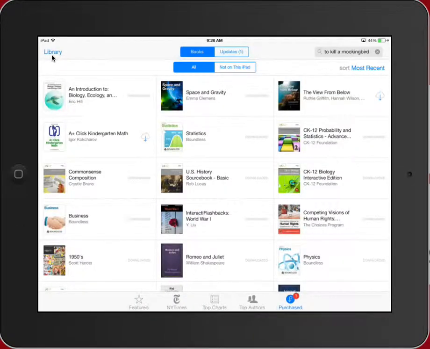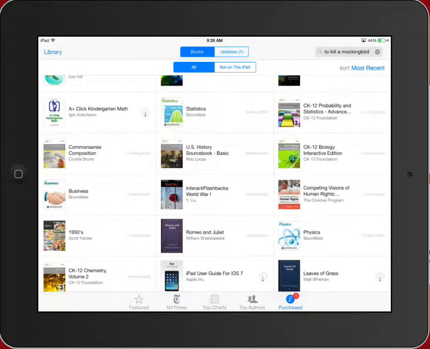Now, store is, again, a bit of a misnomer. Yes, there is a lot of content for purchase in the iBook store, but there's also a lot of great free content. In fact, all of the books that you see here are books that I have downloaded for free. So even things like our textbooks,